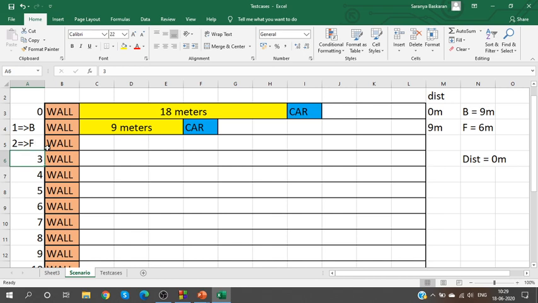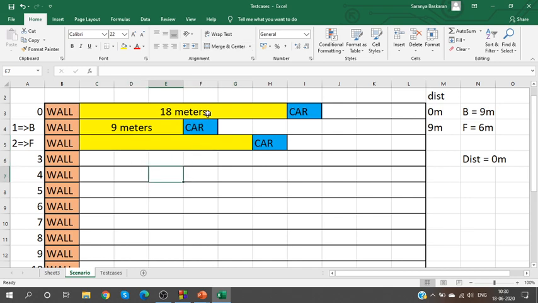That is what they said in the question. It is not going to move backward all the time. It is not going to move forward all the time. It will move backward, then it will move forward. Okay. So if it goes forward, it will cover 6 meters. So the car which is standing here will move forward and cover 6 meter.